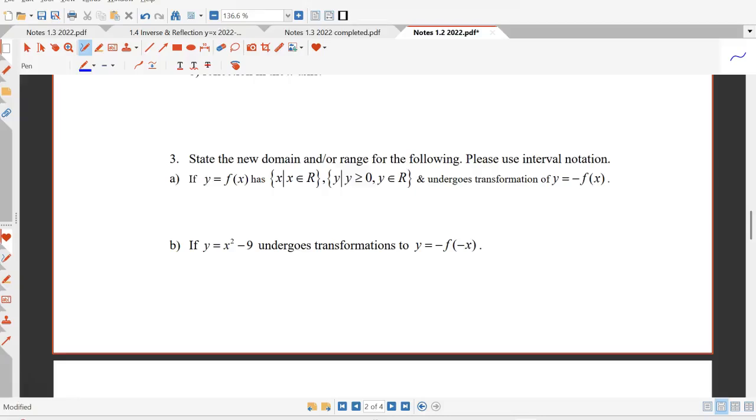Okay, so in this problem here, we are asked to state the new domain and range of the following using interval notation. So if I have a function f of x, and x is all real numbers and y is bigger than or equal to 0, and it undergoes the transformation y equals f of negative x, well, we have to read this transformation, and this is saying all the y values change. So that means x and y will go to x, the y values get negative,